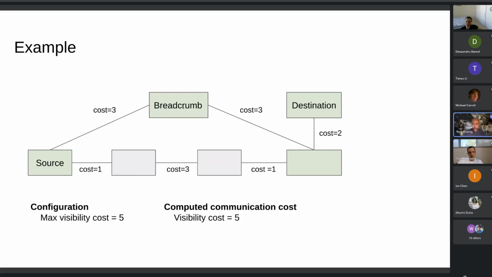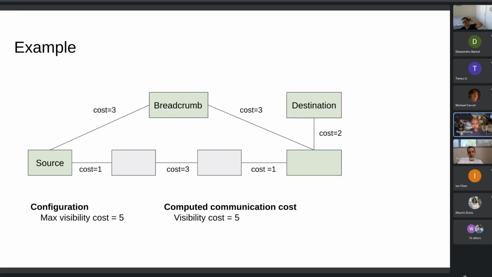Now suddenly you can communicate because your greatest segment cost is 5. This cost of 3 and this cost of 2. So breadcrumbs act as an intermediary where we look at the maximum cost of a segment